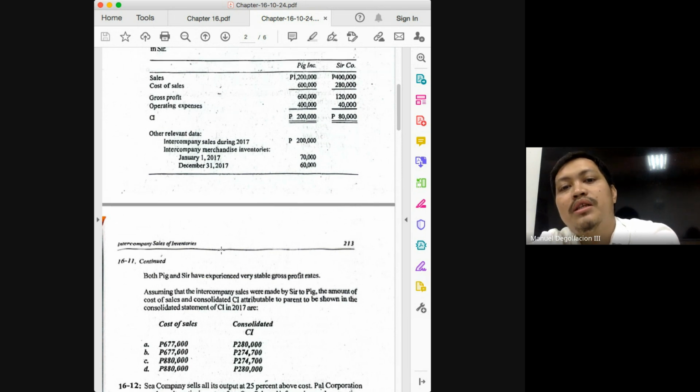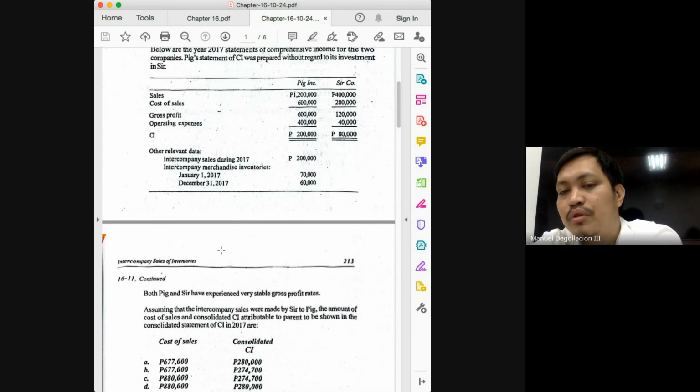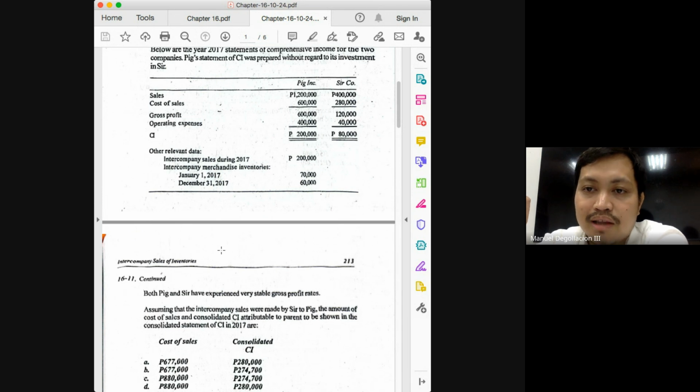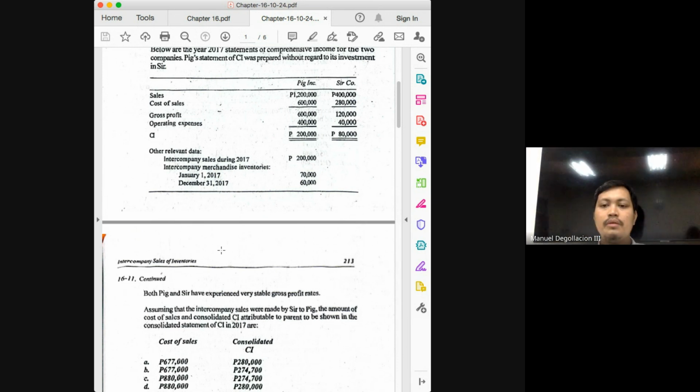Plus, maybe this will come out in our next exam, but we will have multiple questions. The first question would be, how much would be your consolidated sales? And again, what's our formula for consolidated sales? This would be the question that is not forgivable to get wrong, class. Okay, it's very easy, class. How do we solve for consolidated sales? Sales of the parent plus sales of the subsidiary minus intercompany sales.